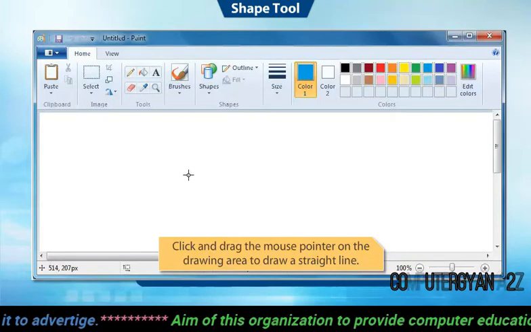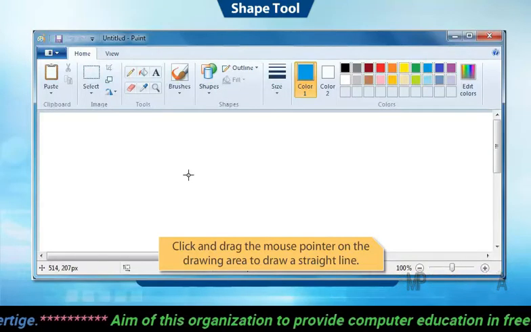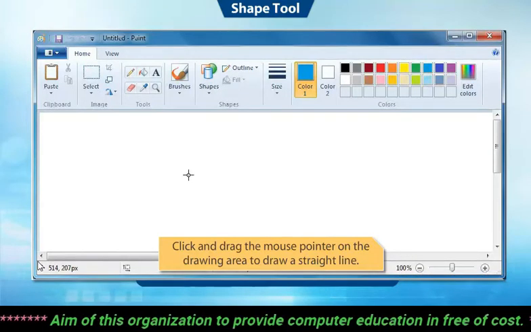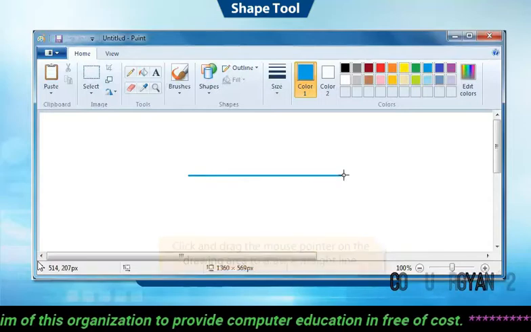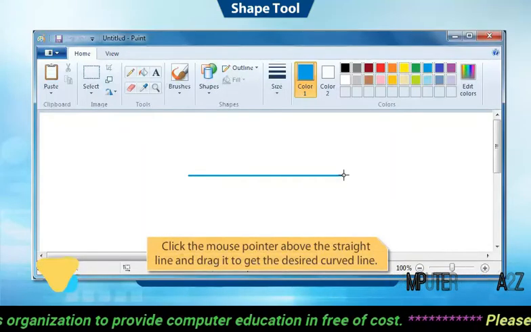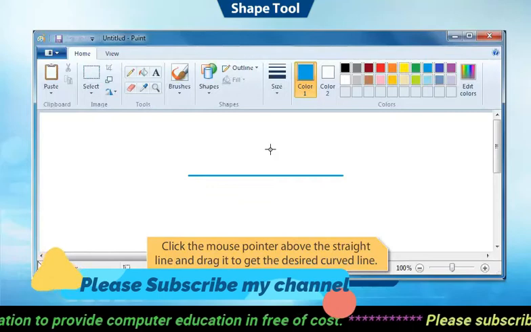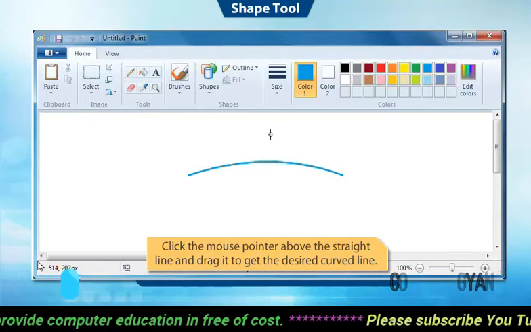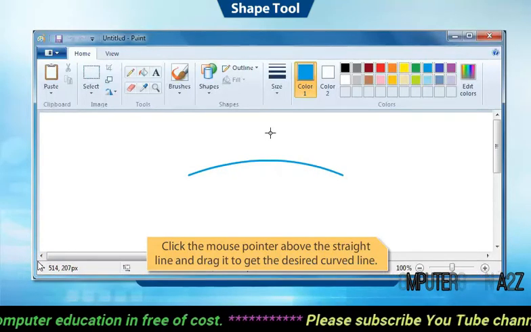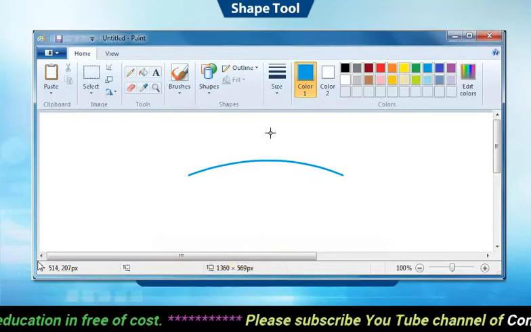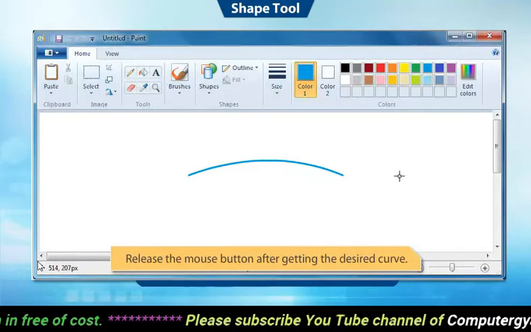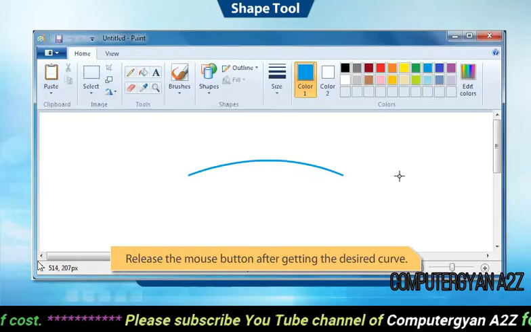Click and drag the mouse pointer on the drawing area to draw a straight line. Next, click the mouse pointer above the straight line and drag it to get the desired curved line. Release the mouse button after getting the desired curve.